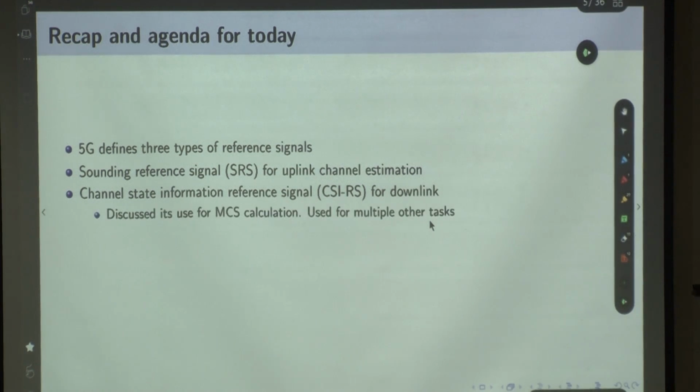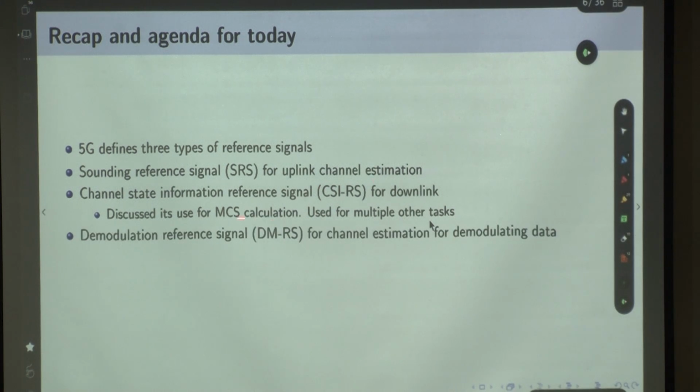Then DMRS. Before we talk about DMRS, we discussed the use of CSI-RS for MCS calculation. Please remember that this is not the only use. It is used for multiple other tasks. I have not told that to you till now. So if I get an opportunity, we'll discuss other uses of CSI-RS also. But don't get tunneled by the idea that this is only used for MCS calculation. It has a wide variety of uses. So this is CSI-RS, we have seen that also, and finally what we saw was DMRS, for channel